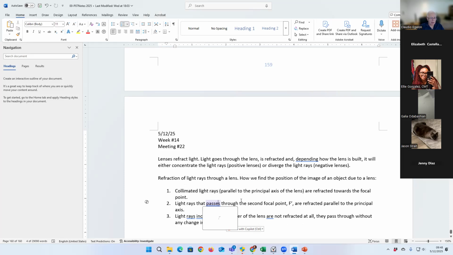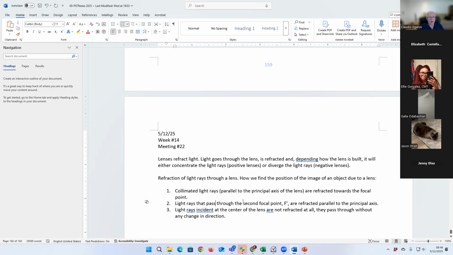Light rays that pass through the second focal point are refracted parallel to the principal axis. Light rays that are incident at the center of the lens are not refracted at all. They pass through without any change in direction,